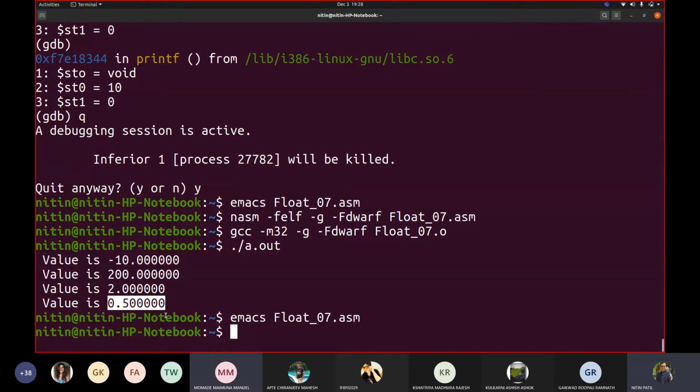Like if you write fdiv st1, there is nothing called st0 as a source or destination. Right. So the value is always stored in the first given register. First argument for fdiv, fadd, then fmul and fsub. Okay. Thank you, sir. Any other question? No, sir. Any other question from others?